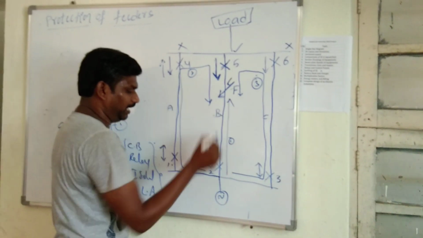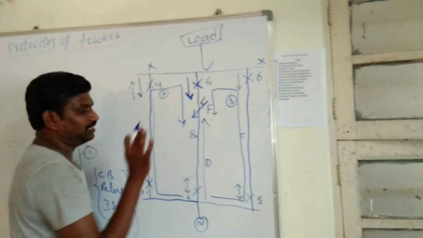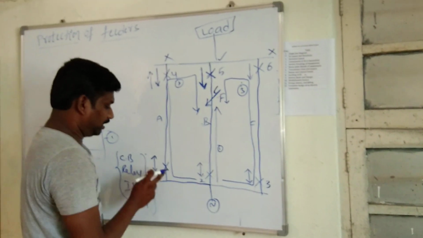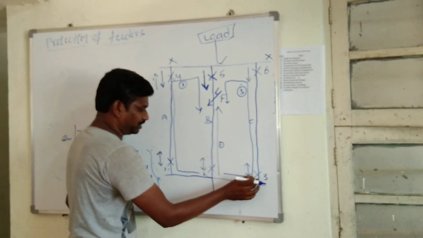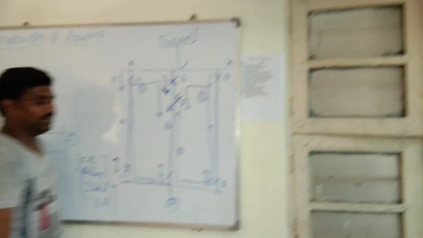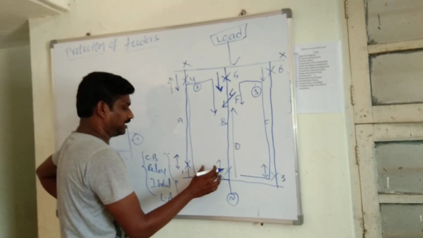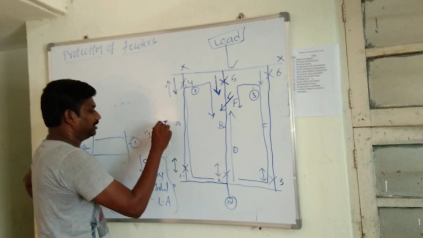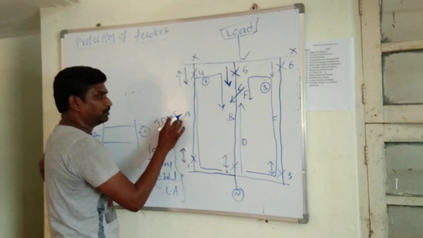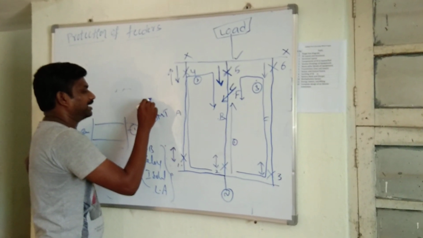Only the relay 5 and the relay 2 should be operated in order to isolate the faulty section. And here, we can prevent the mal-operation of relay 1 and 3. Then we are using non-directional overcurrent relays. Okay, then here what is the overcurrent relay? What is the purpose of the IDMT relay? Here IDMT is the inverse definite minimum time relay. The relay operation depends upon an inverse characteristic.